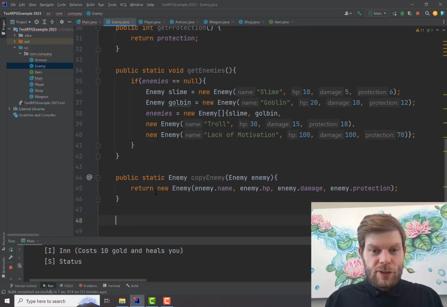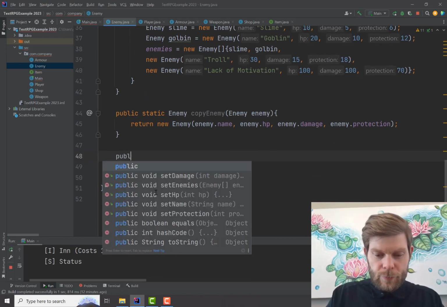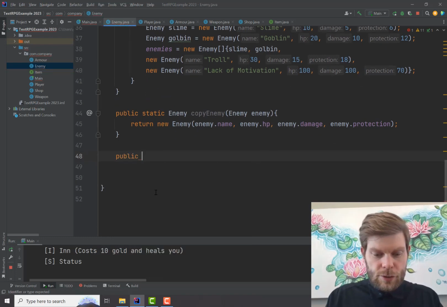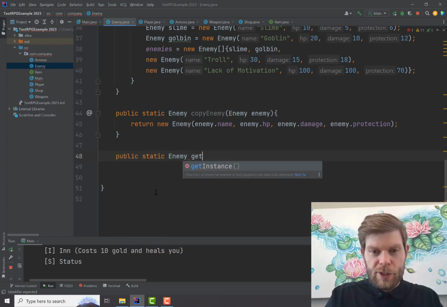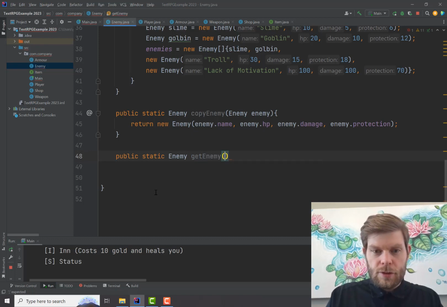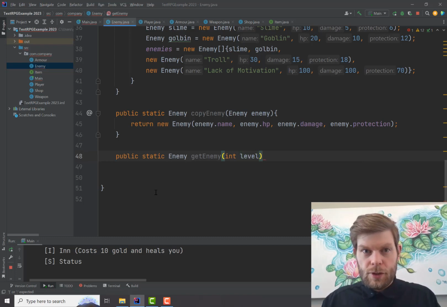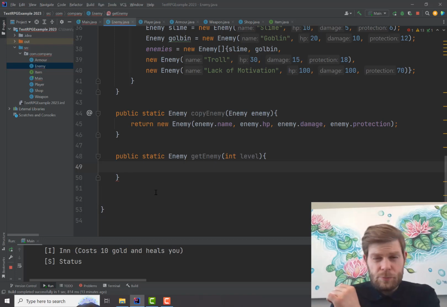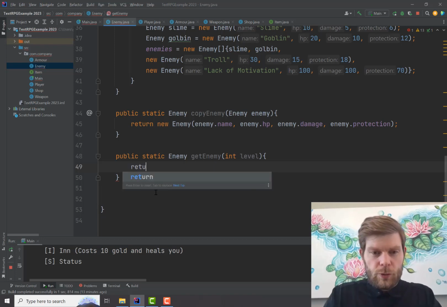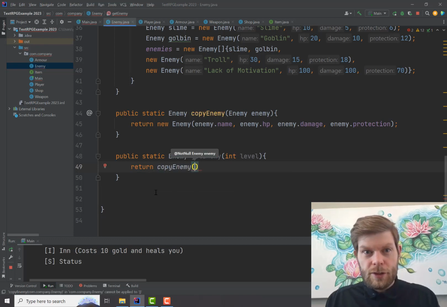So let's get it so we can select an enemy. So public static enemy, maybe get enemy, and maybe it'll take the player's level, and the enemy they fight will be within one of the level. I don't know. I will return a copy of